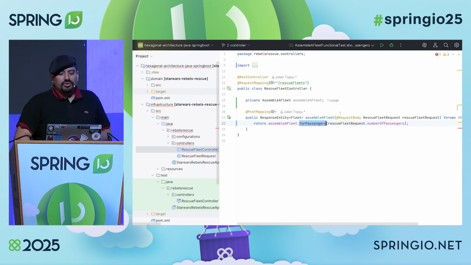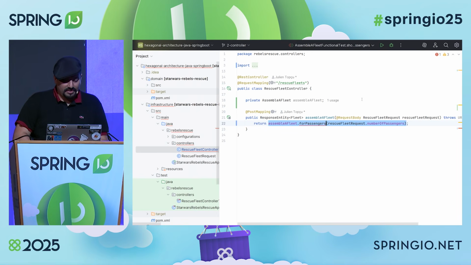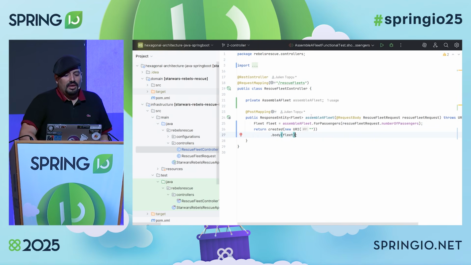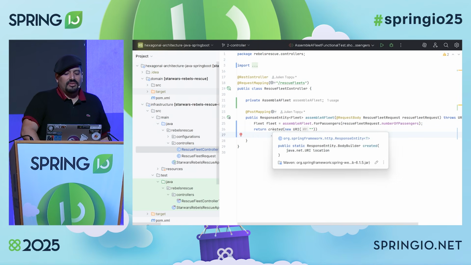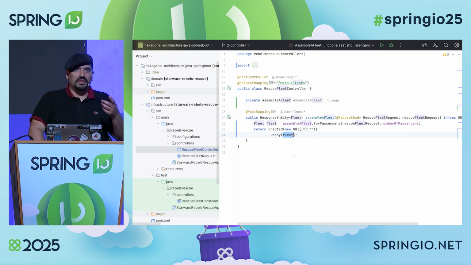So this is where the controller takes its role of the adapter, because it has to adapt what the domain returns into something technical, which is a response entity of that fleet. I'm using here some Spring factories like ResponseEntity created, that will help me bootstrap a 201 Created HTTP status, and I'm simply passing the fleet as the body of the response.